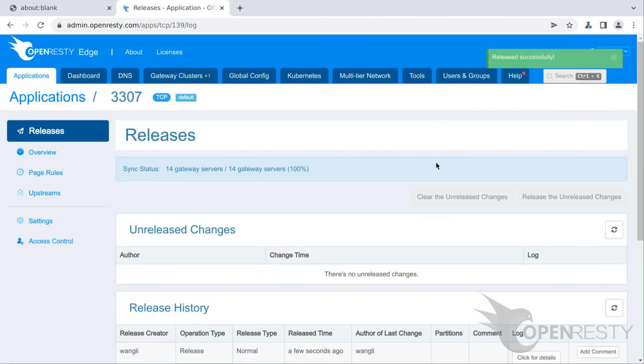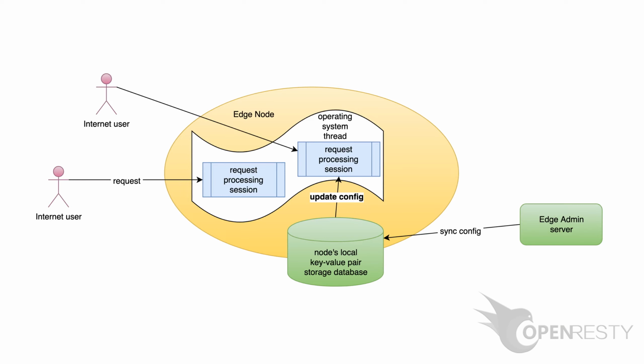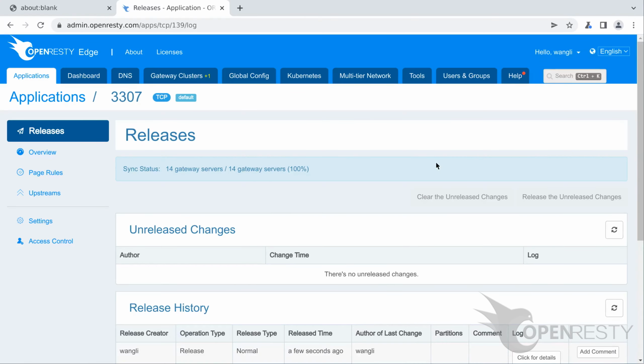As we can see, this sample deployment has 14 servers in the gateway network. We do incremental config synchronization across the whole network. We live update config on the request level. None of the application level configuration changes require server reload, restart, or binary upgrade. So it is very scalable even when you have many different users making frequent releases. We can also check all the gateway servers grouped by clusters.